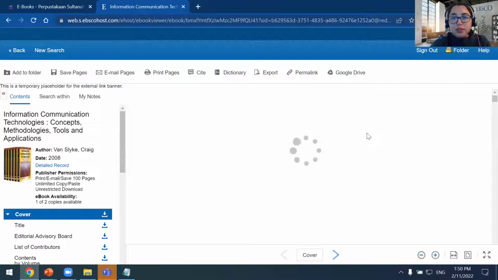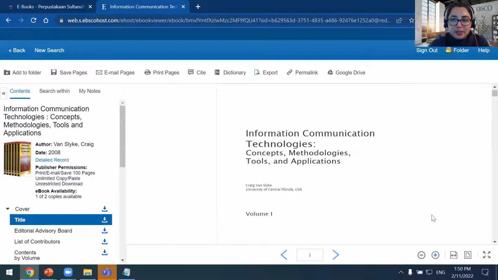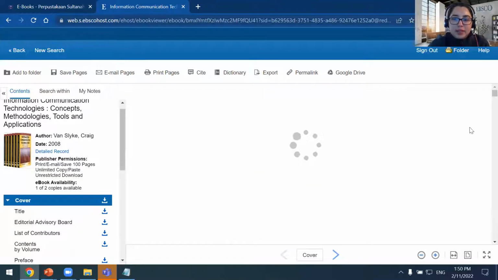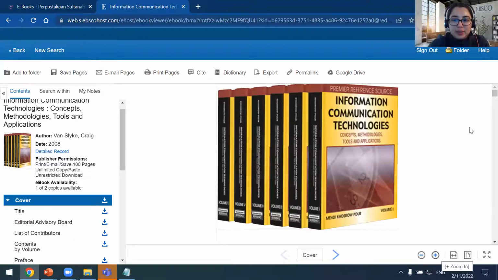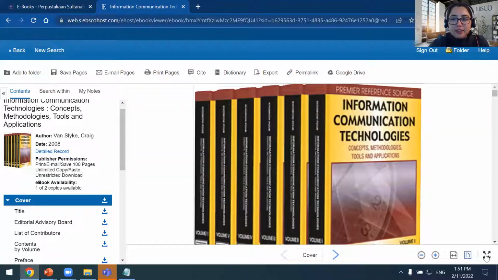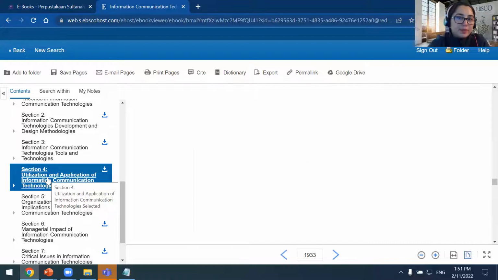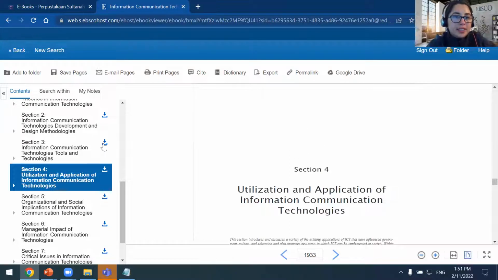So PDF is really useful if you're accessing from desktops and laptops. It's more designed for those types of screens. So you can zoom out and you can zoom in and you can fit to width and you can also fit to height, and there is also a full screen view, and this is all available at the bottom, the far right corner. There is the contents option on the left-hand column, and I can easily jump to a particular section or chapter. And you'll see that each of these sections have a download symbol.